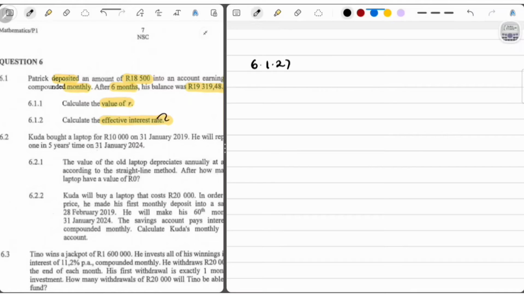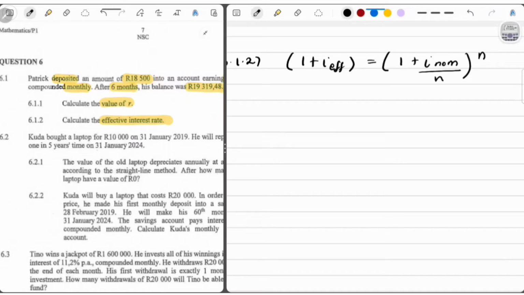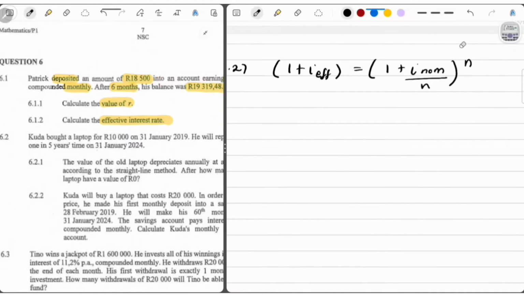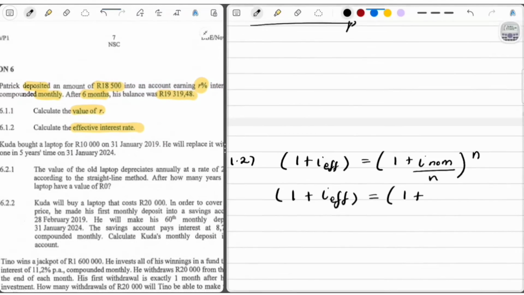And so the effective interest rate, that formula works like this. You say 1 plus I effective is equal to 1 plus I nominal divided by, I guess you can say n, to the power of n. Okay, so whatever compounding that we have, we'll put that there. And so we'll find the effective interest rate. In this one, it is 1 plus, we have I effective, and this is equal to 1 plus the nominal interest rate, whatever was in a different compounding. In this one, it was this interest rate that we found,